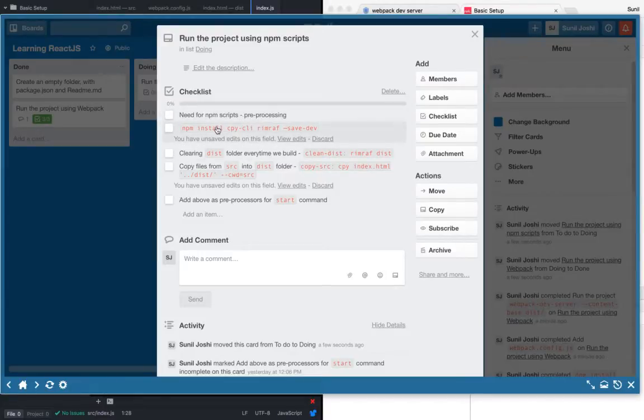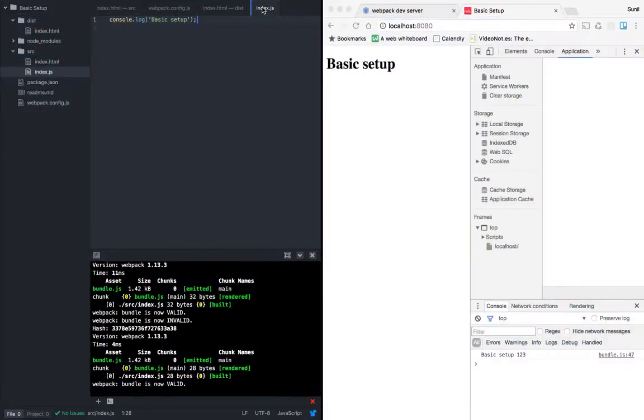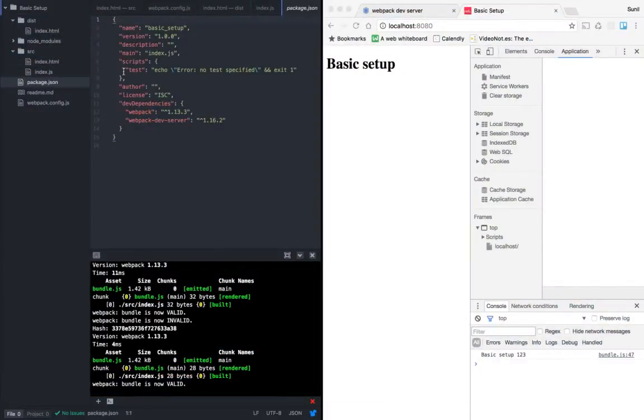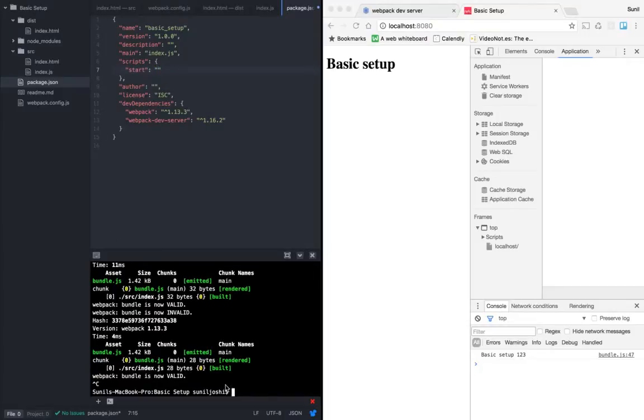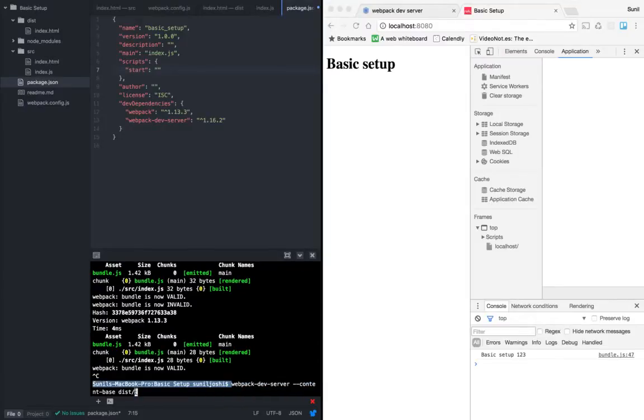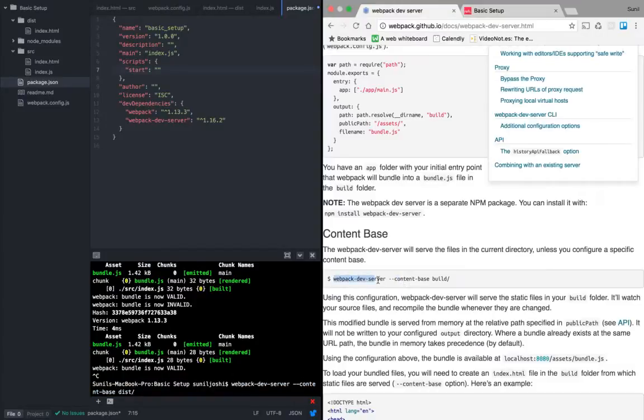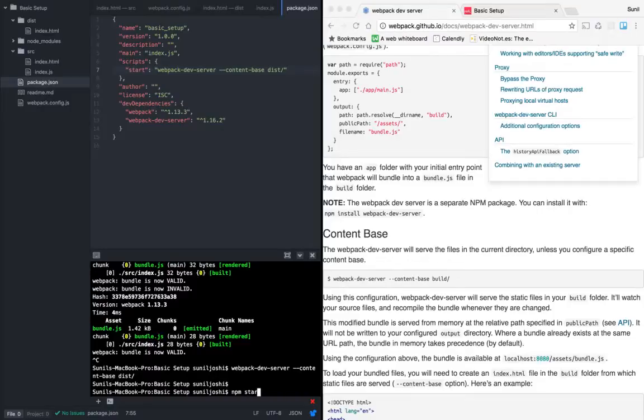So let's do the first step, which is to write one npm script, which is the start. The start is our first command, and let me copy it here. I think it's easier out here. Instead of build, I have to do the dist. Okay, dist. So I just save this. Now it is so easy to write this. So npm start is obviously going to run this command.